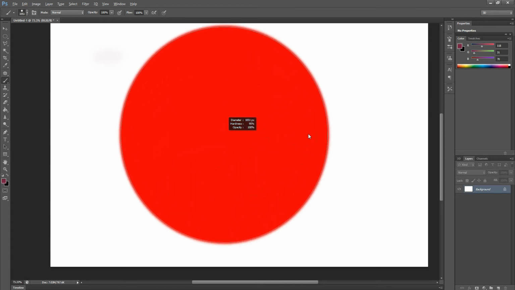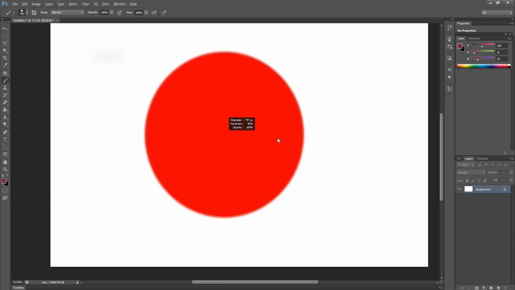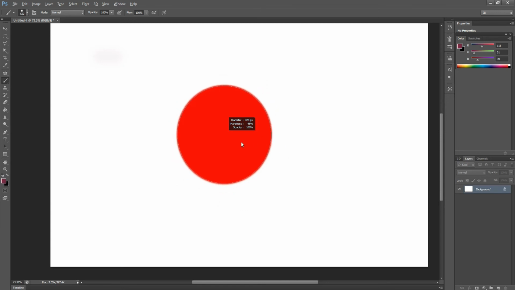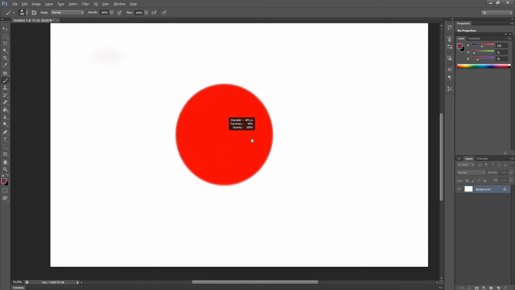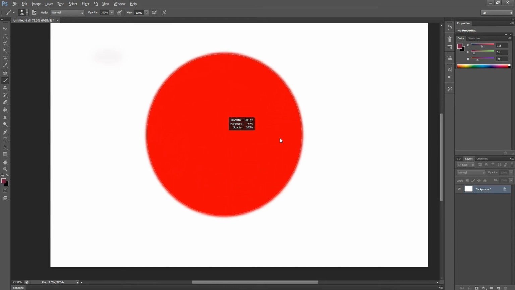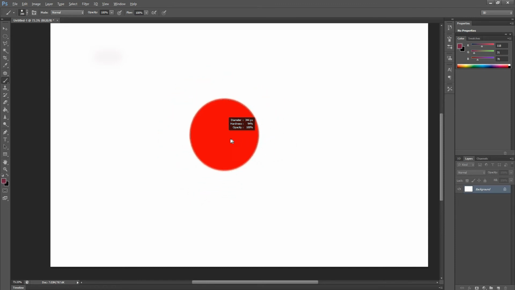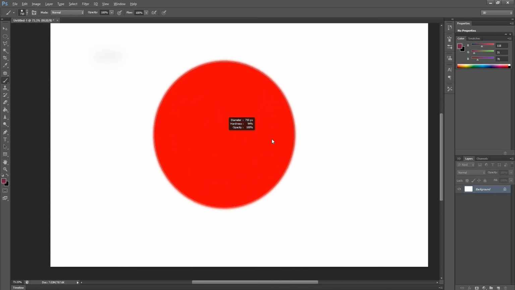When we want to decrease the size, we have to move our cursor to the left side. When increasing the brush size, it goes to the right side. To decrease the brush size, move to the left side. So for this method we can increase and decrease the diameter of the brush size.